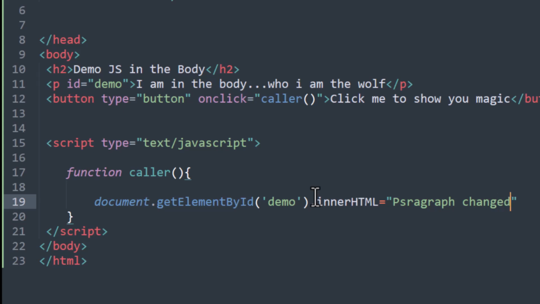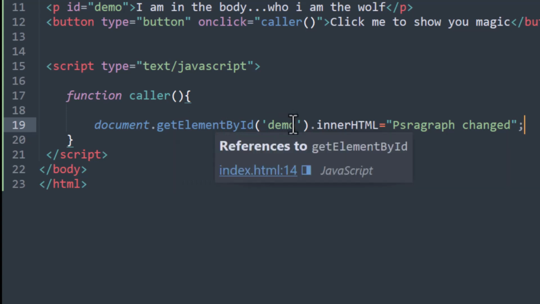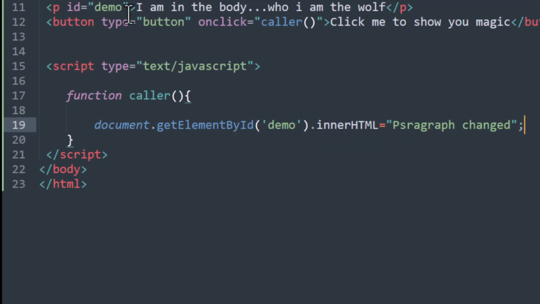Simple as that. And make sure you remember to close. And from there also we have placed the script in the body, and here's the script, and we have our calling method, which we have placed the ID. The ID now had this: I'm in the body. Oh, I am the wolf. So it's going to show this